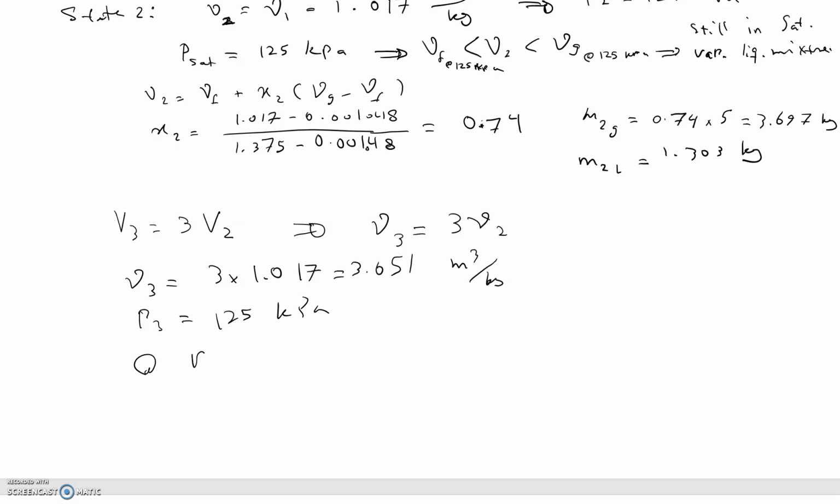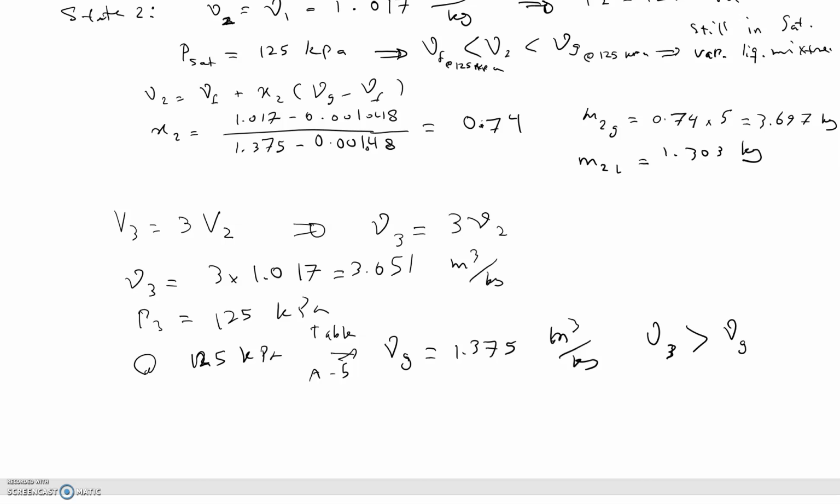Now at 125 kilopascal, you compare your system, and you will see that nu G at that pressure from the saturated table, that's table A5, nu G at 125 kilopascal is equal to 1.375 cubic meter per kilogram. You compare these two numbers, you see that this number is much higher than that, therefore you are in superheated region, right? So nu 3 is more than nu G at 125, therefore superheated